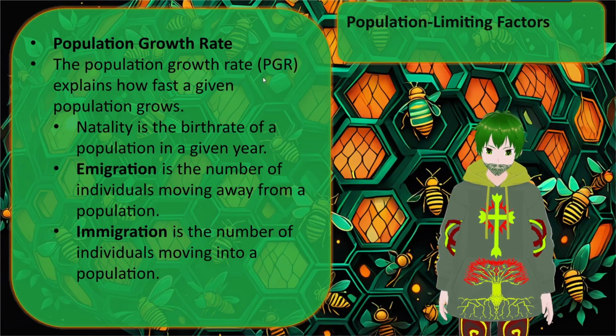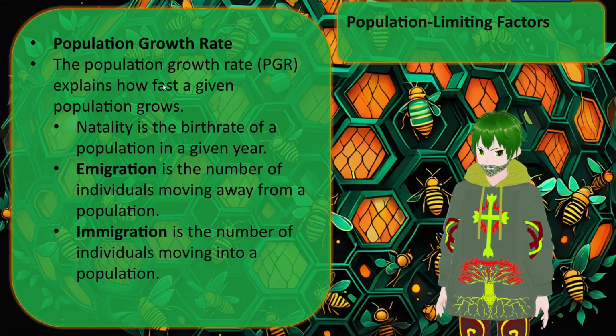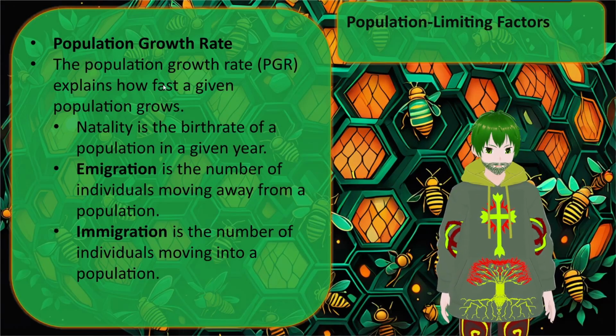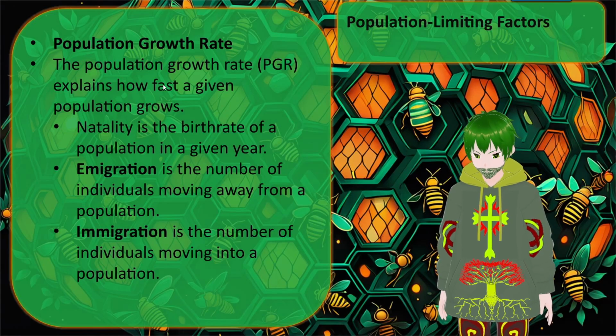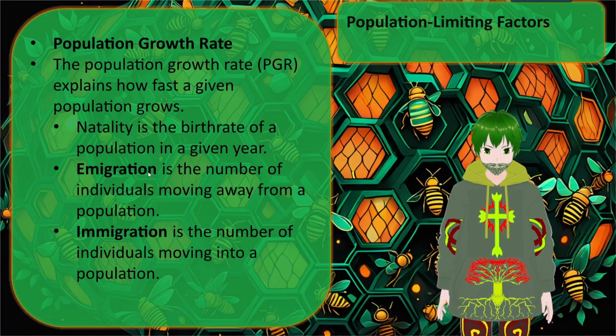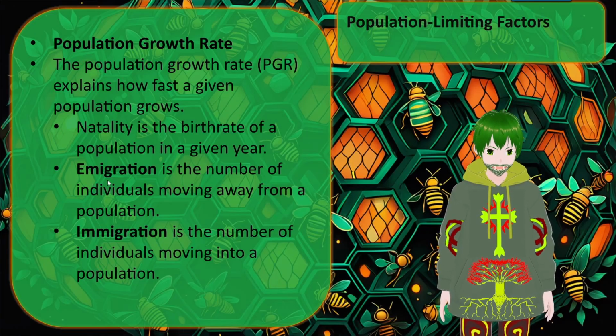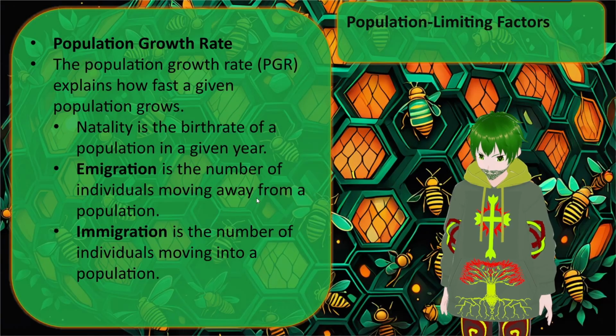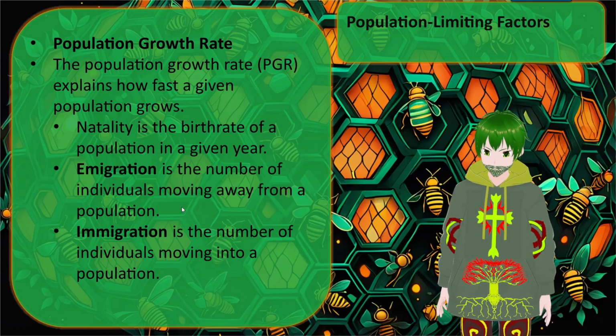So, population growth, PGR, population growth rate, is the increase or sometimes decrease of the number of a population and the rate at which it grows or declines in a certain area. And it has a few factors that affect it. The first is emigration, which is the number of individuals or organisms moving away from a certain area during a